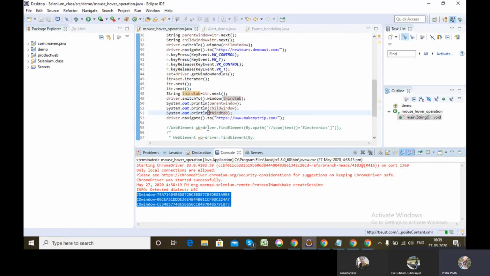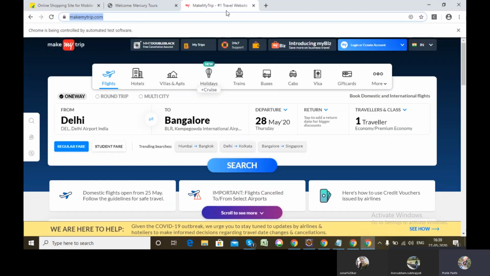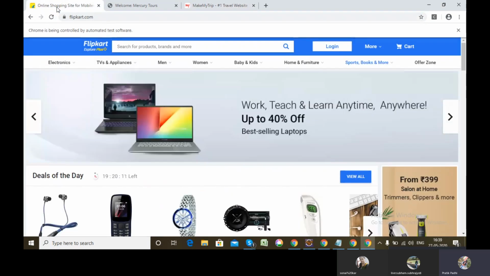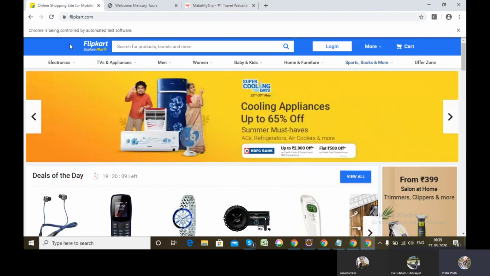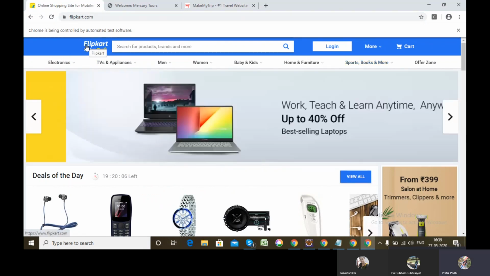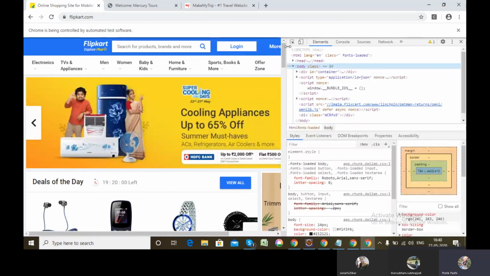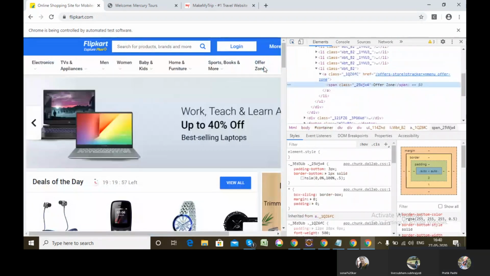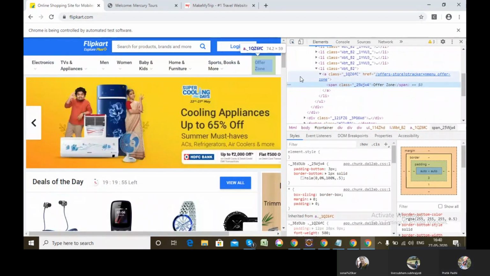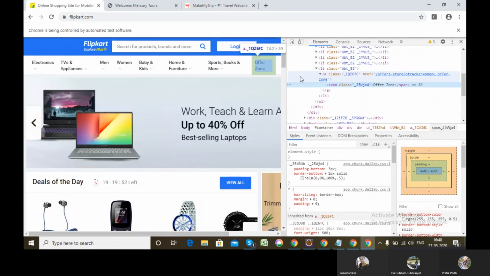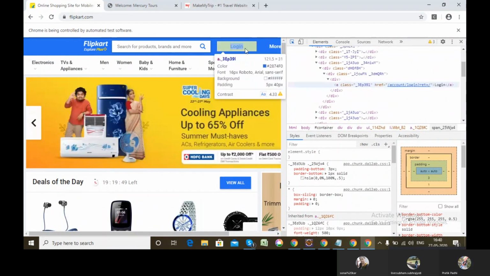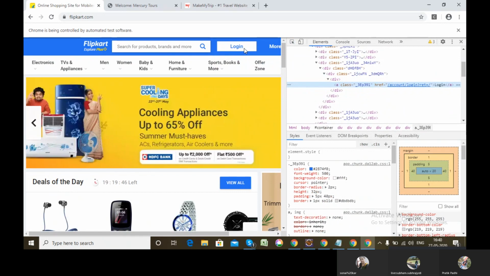Now currently I have my control in the third tab. Let's say, for example, from that tab I just want to directly do a particular operation in my first tab. Let's say I want to print a visible text or something of the first tab.